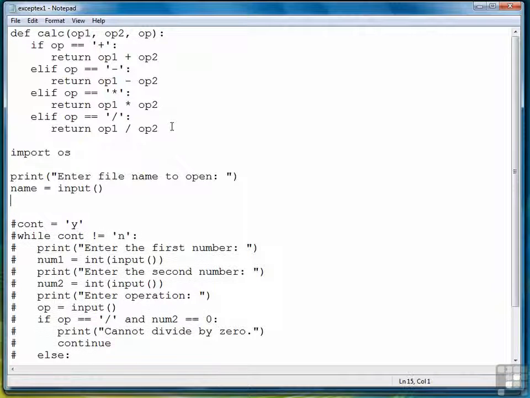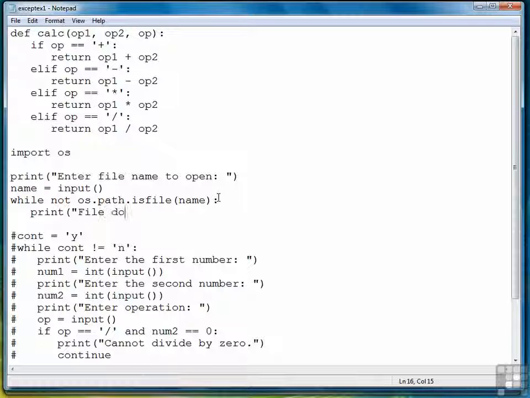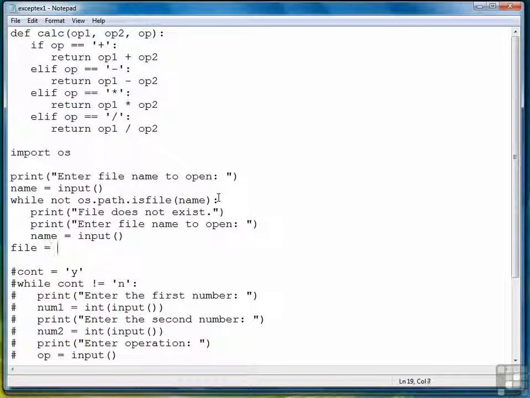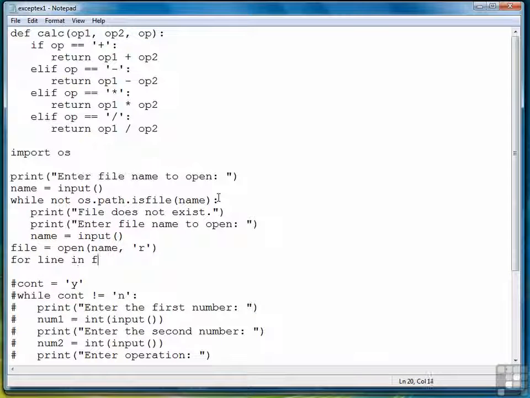Following the same strategy as the previous program, we're going to use a special function called isFile. And it's actually found in os.path.isfile. And what this does is, this snippet of code right here will check to see if a file exists. And so what we're saying is if the file does not exist, then we're going to print an error message, and then we're going to prompt the user to enter the file again and continue on. Otherwise, once the user does enter a legal file name, we're going to open the file, and then we're going to print out each line,